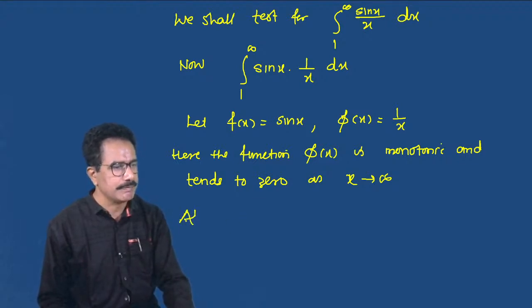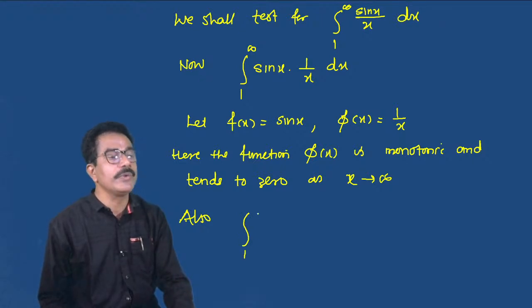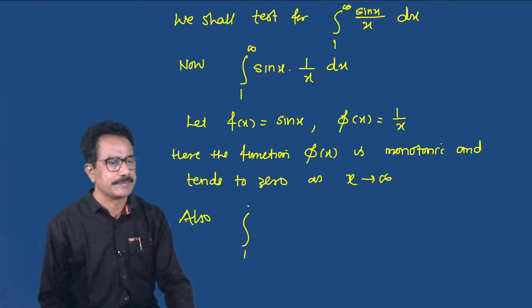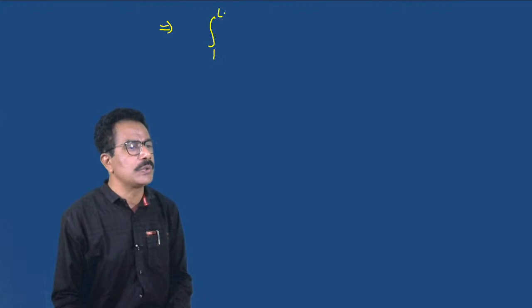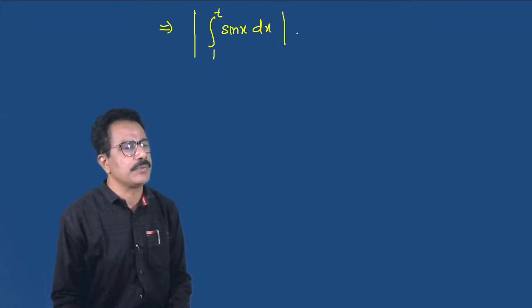Also, the integral from 1 to infinity of f of x dx, that is equal to the integral from 1 to infinity of sin x dx. That means we shall take the modulus. This implies that now the integral from 1 to t of mod of sin x dx, which is equal to